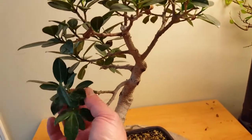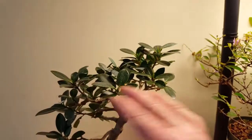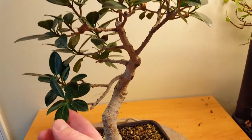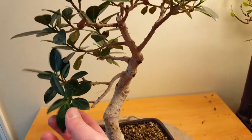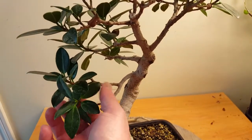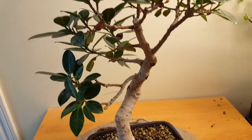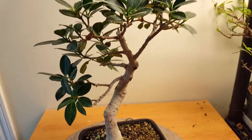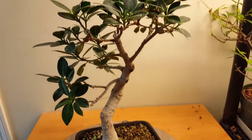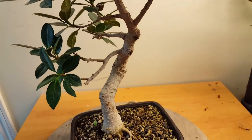This lower branch here started to look quite sparse, as I had a lot of growth that was coming out at the top. But since I brought this all back at the top, we've gained some strength in our lower branch here, so I'd like to try and keep that. So we're just going to bring it back a little wee bit on the top. But we are going to make a small change here to this bottom branch that I've been thinking about for a